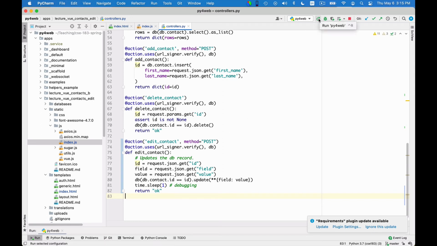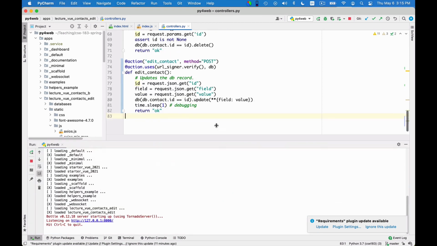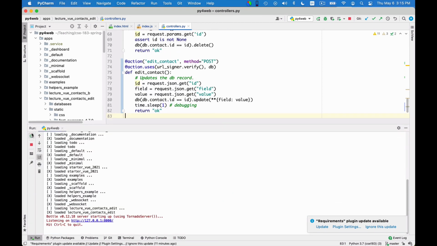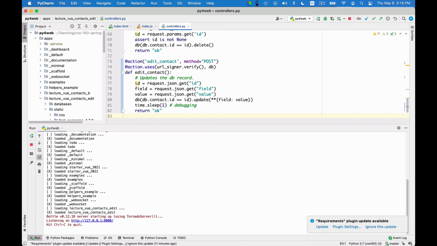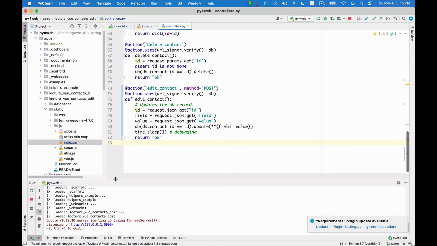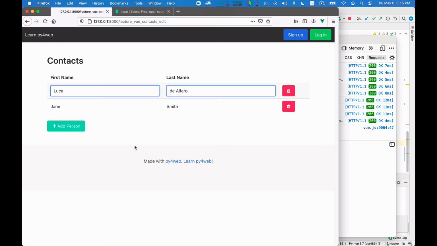This time I changed the server, so I really need a reload. And then I can, did it already reload? When you reload, you always have to keep an eye on the fact that all the various applications are reloaded correctly, right? Because if one of them is not, then that's a problem right there. So this reloaded correctly, and now I can go to test it.